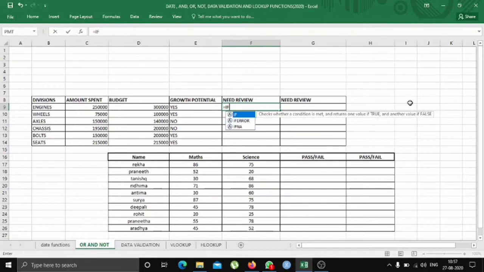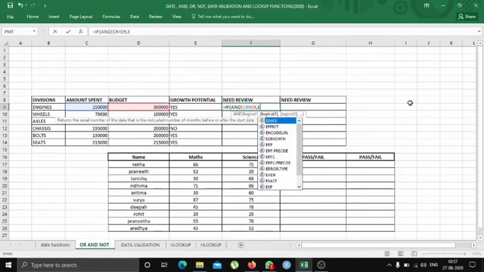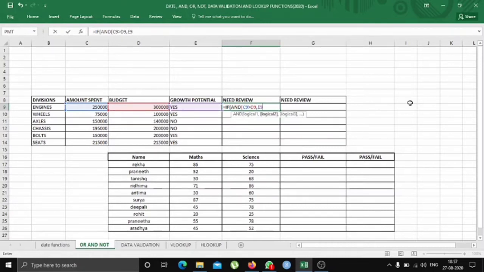So we'll enter IF and then AND and open the bracket. We want C9 greater than D9, and at the same time E9, which is the growth potential, is no, then the division requires a review.